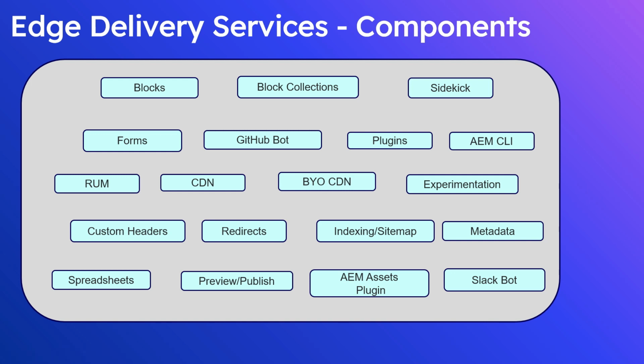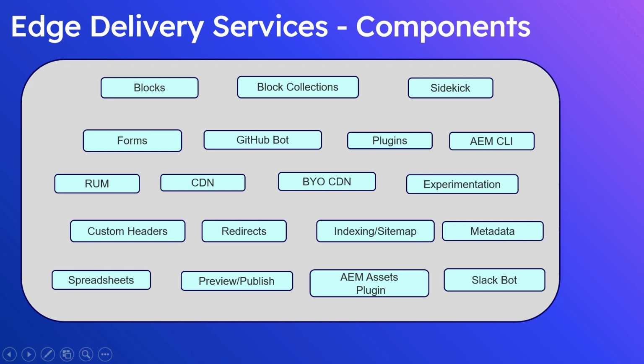The first one is block. A block is a reusable part of a page that is rendered differently from standard content. By default, EDS just renders whatever is in a document as it is. But if you want special features or looks for some content, you can put it in a table with the first row being the block name. Let us see more details later in the video.